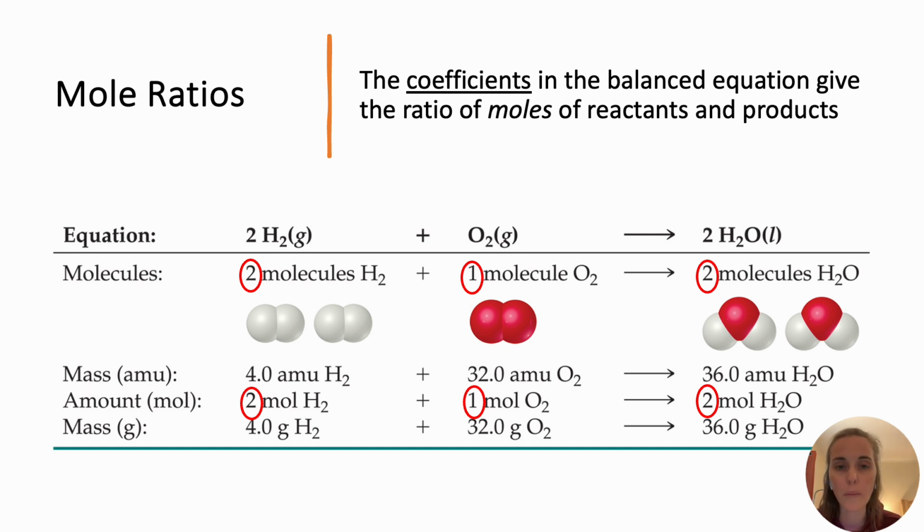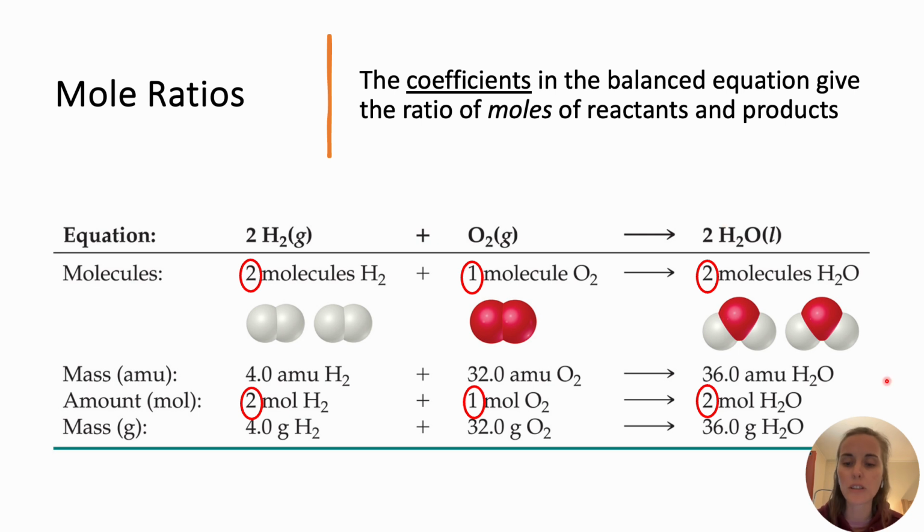Mole ratios. What mole ratios are is they are the coefficients in the balanced equation that will give you the moles of the reactants and products. So when you have this balanced equation right here, you say 2 hydrogen gas plus oxygen gas yields 2 water. So these numbers, the number of molecules, you have a 2, there's a 1, there's a 2. Those are going to tell you there are 2 moles of H2, there's 1 mole of oxygen, and 2